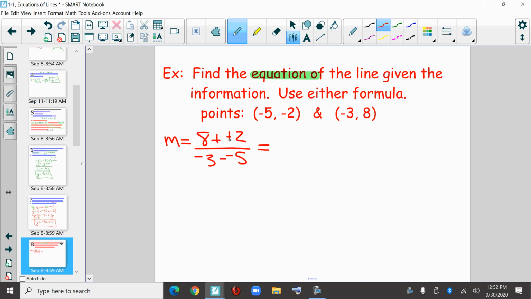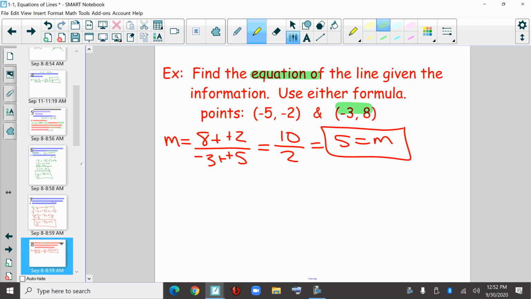8 plus 2 gives me a 10. A double negative creates a positive, so my slope is going to be 5. So if my slope is 5, I now need to choose a point. And I always choose the point with fewer negatives. And then I'm going to plug and chug